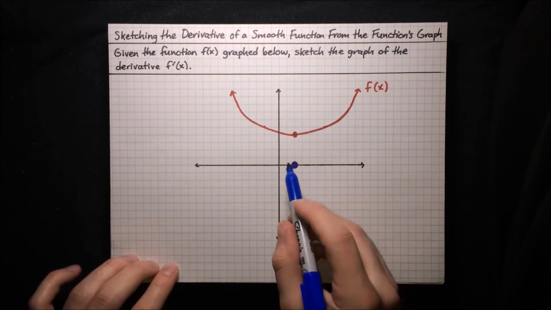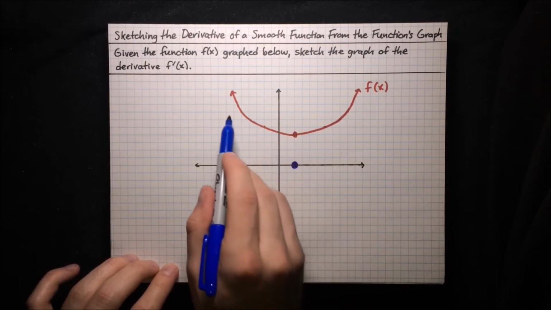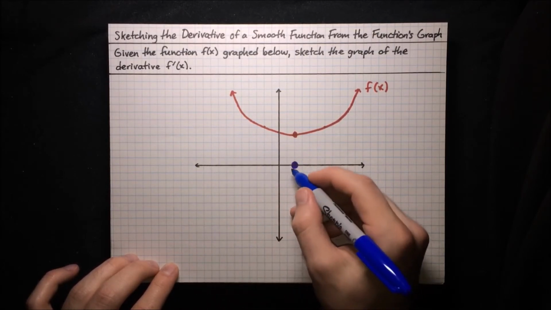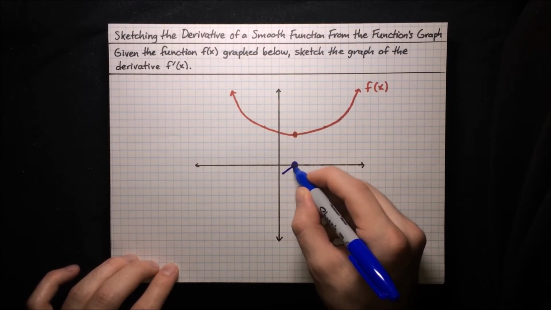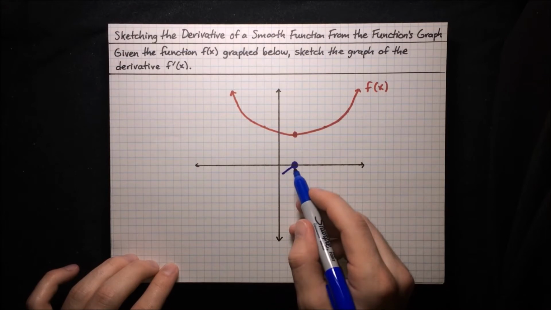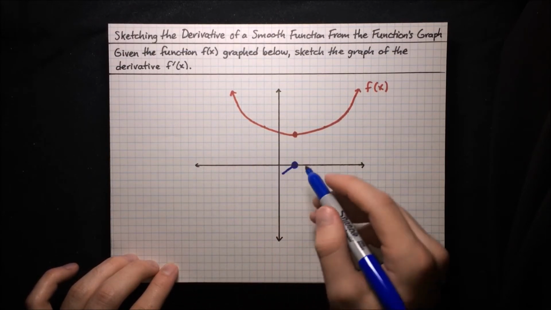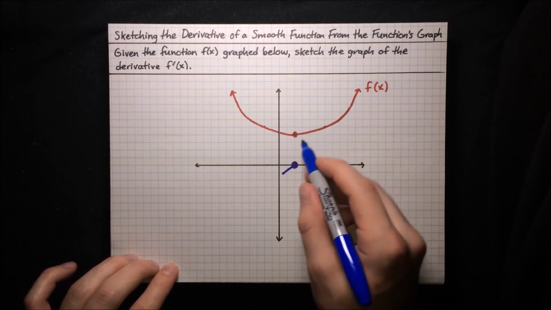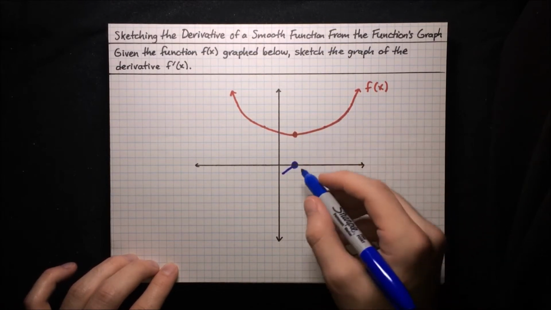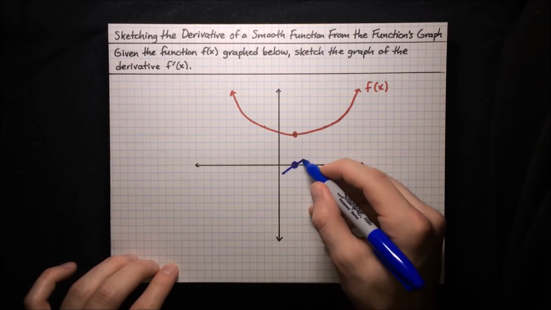And now let's check whether the slope is positive or negative on each side of this 0. Looking on the left side, here the slope is negative for the function. The tangent lines are all downward sloping. So the derivative should be coming from the negative side over here. The values on this side of the 0 should be negative because the slope of the function is negative here. On the other side, though, the slope of the function is positive. The tangent lines are all upward sloping, so the derivative should cross into the positive side of the y-axis, taking